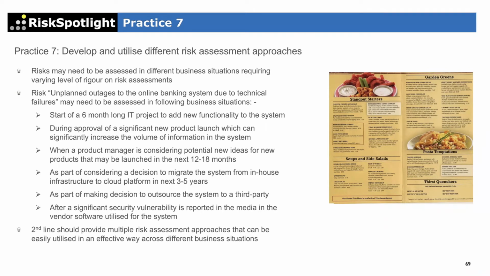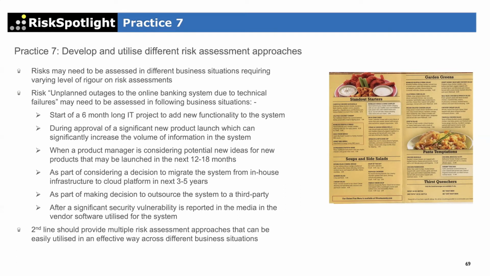But if I have 30 minutes to make the decision, I'm not going to do an inherent risk analysis, control effectiveness and residual risk. I simply won't use that approach. So if we want the first line to consider operational risk, we need to give them a menu of approaches so that they can pick the right assessment approach depending on their business situation. If they have 30 minutes to do something, we need to give them something which is quick. If they have 1 week, we can give them something a little bit more rigorous. If they have 6 months, we can give them something more rigorous still.